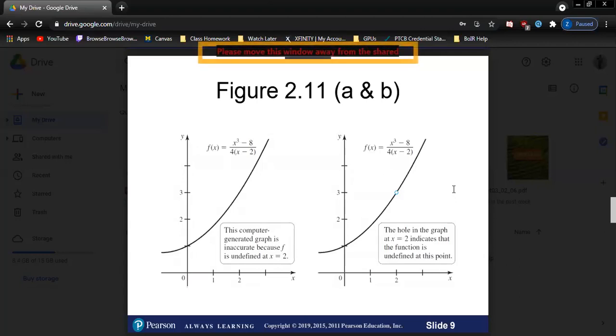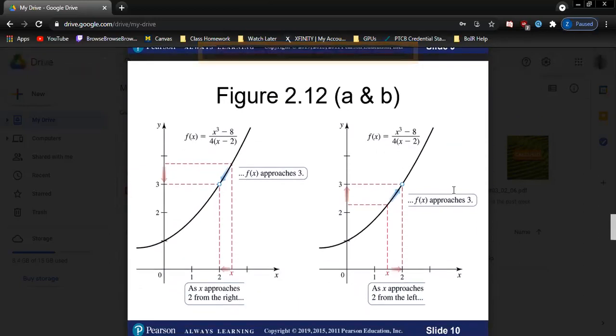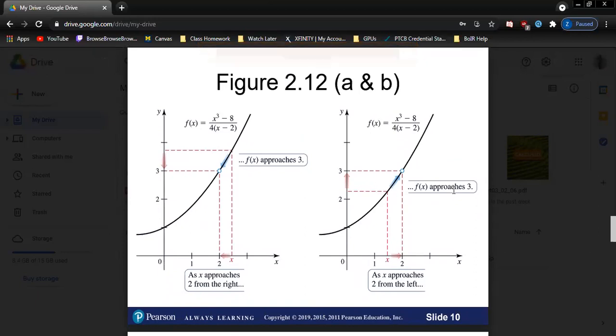You can't have a functional value for that point in the graph if the function itself says that there is no defined value at that point. It will make more sense once we see some more examples. But before that, we want to do